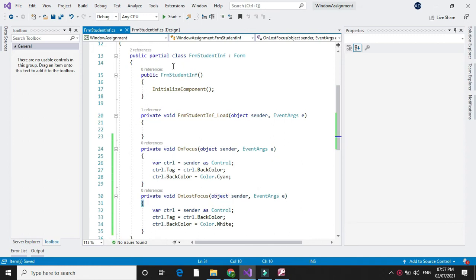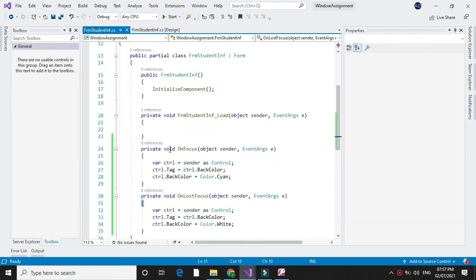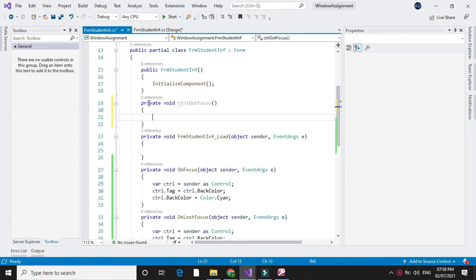Now we have different controls, that is text boxes and a combo box. So without writing GotFocus and LostFocus events for each and every control, we will write a method, private void ControlGotFocus. Here we will write the GotFocus event for all controls that are available on the form.